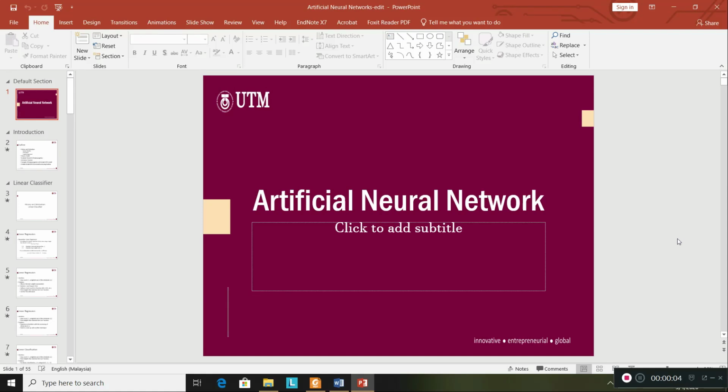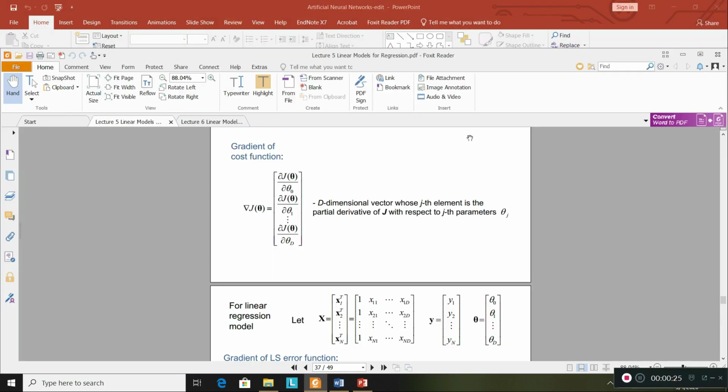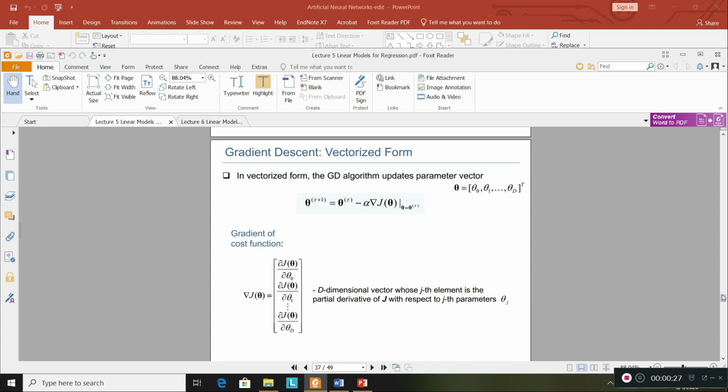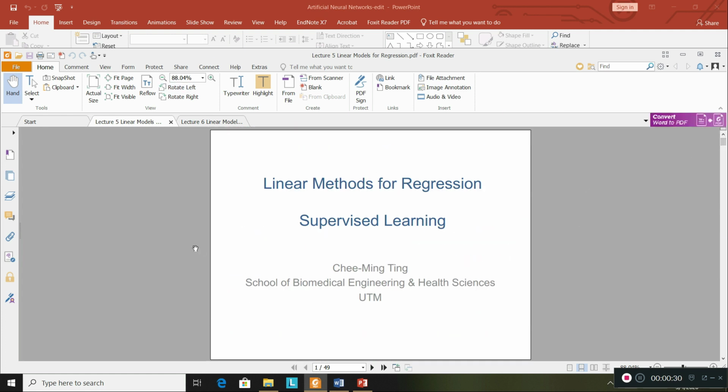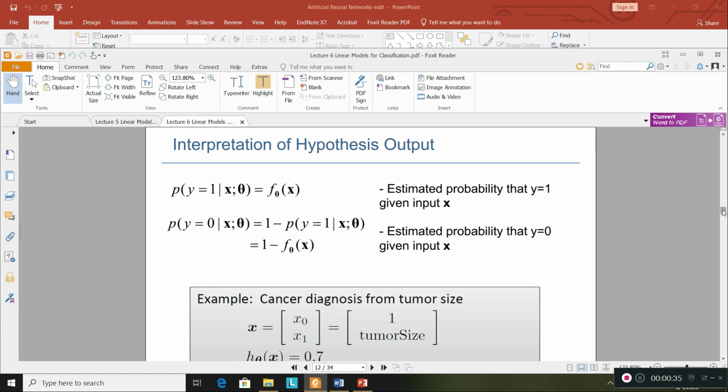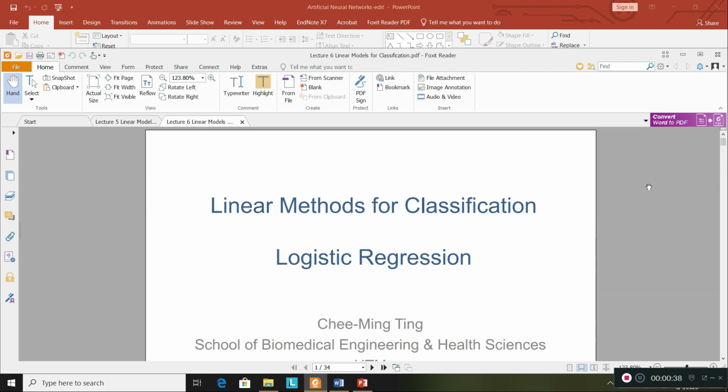Today we're gonna start a new chapter, which is artificial neural network. As you can see, in this lecture you also need to refer to the previous material which has been taught by Dr. Tink, especially these two notes: the linear method for regression, supervised learning, as well as a linear method for classification, logistic regression, because you will